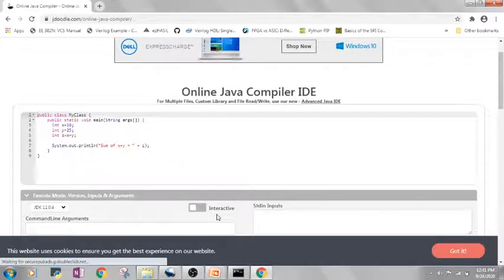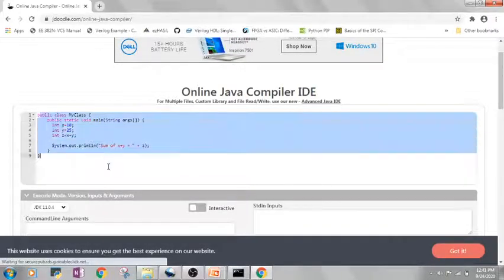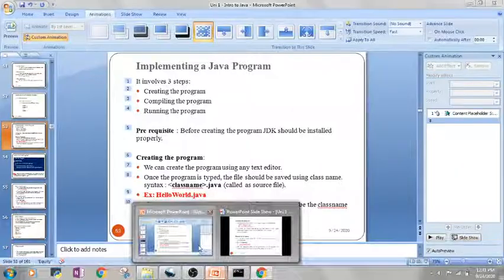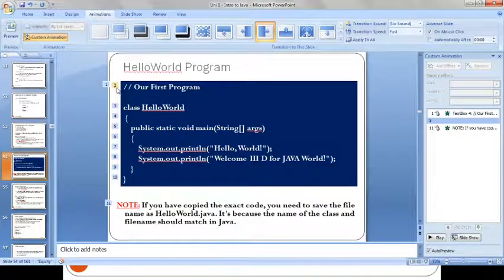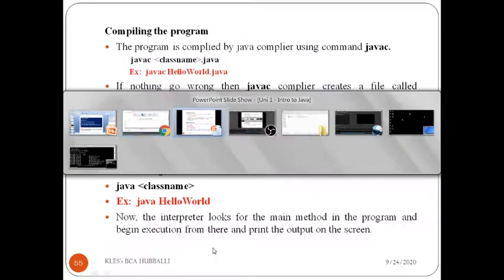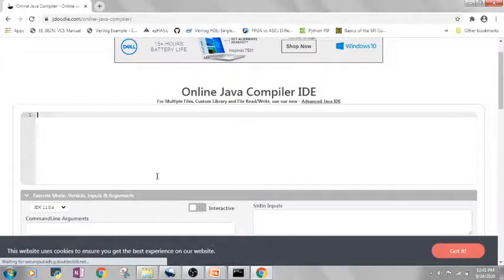Okay, so let's see how we can execute this program. I just opened a new tab window. Let me copy this program and paste it here.